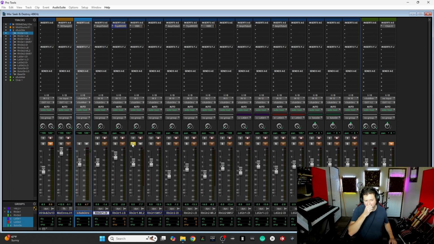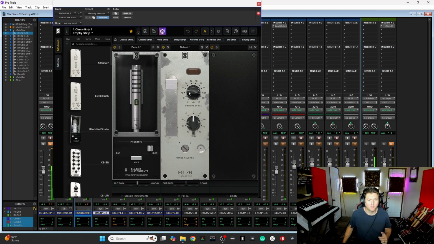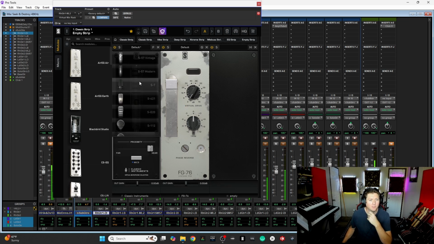All right, let's check out the ML2. Bring that down to unity. So, we'll look at what's possible with the ML2. I'm going to turn off the virtual drive on that. So if we cycle through some of the different things, like if we were to model a 57, which in this case I wouldn't do because I already have a real 57 on it, but